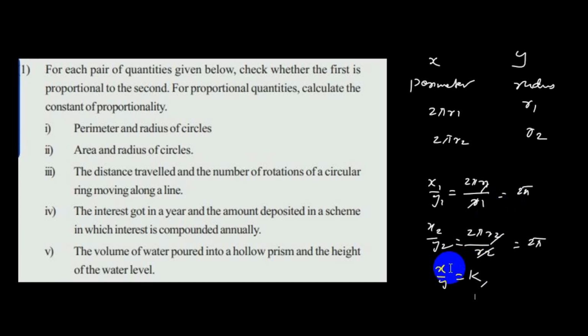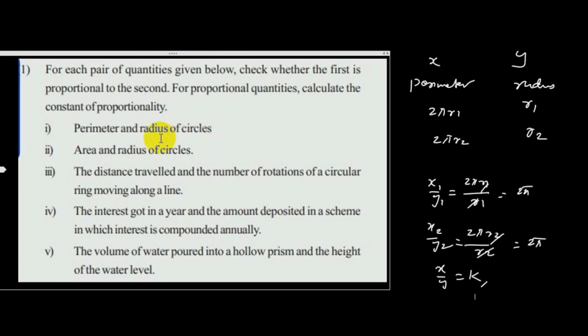In what way radius changes, in the same way perimeter changes. That is the purpose of saying perimeter and radius are in proportion. Now the second part, area and radius of circle, whether area is proportional to radius of circle, that we have to discuss next. See,